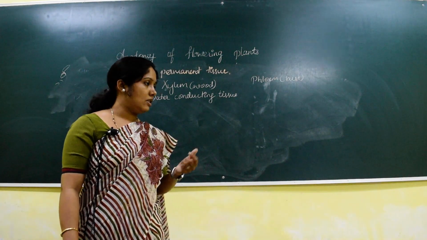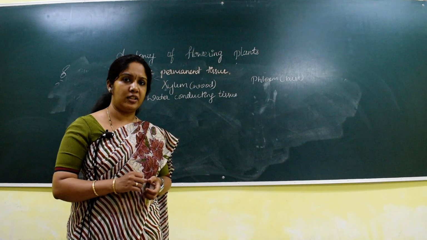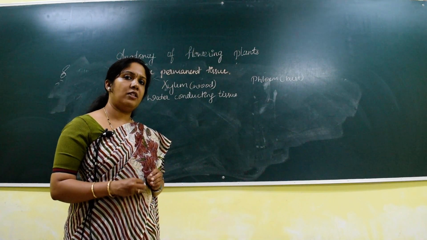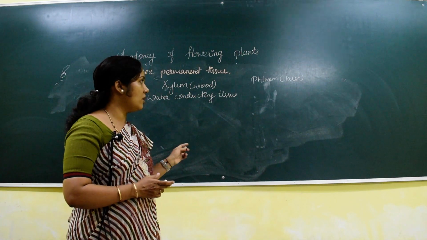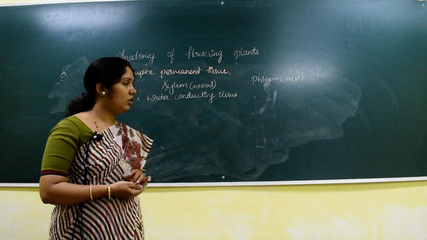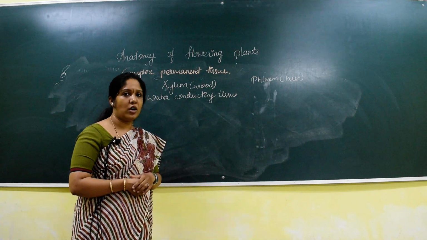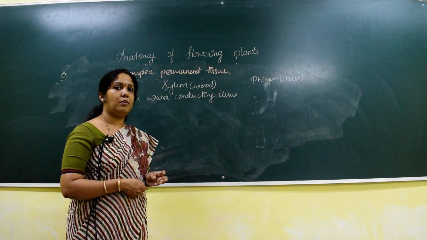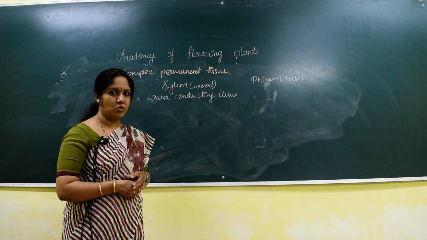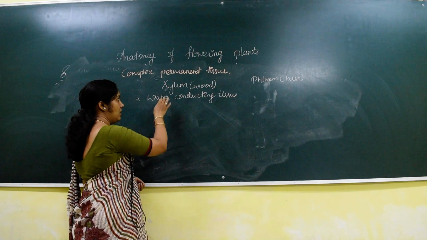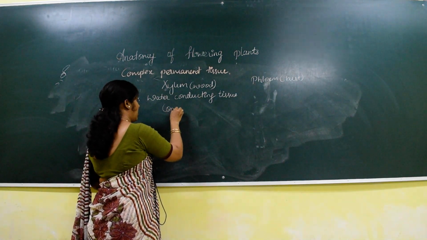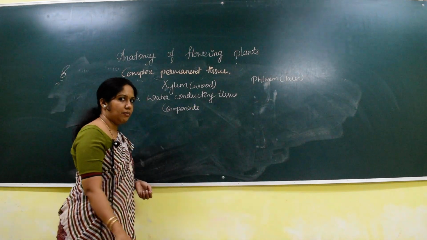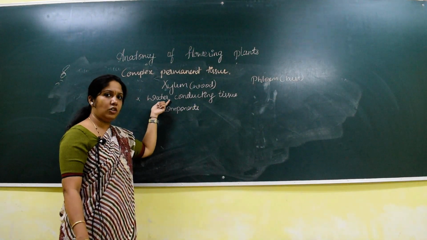Why? Because this tissue is made up of different structures, but the function is the same, and more than one tissue is involved in this function. Which function? The process of conduction of water. Xylem is not made up of only a single type of tissue, but of different types of tissue. Hence we call them the xylem components. The main function is that it helps in conduction of water.